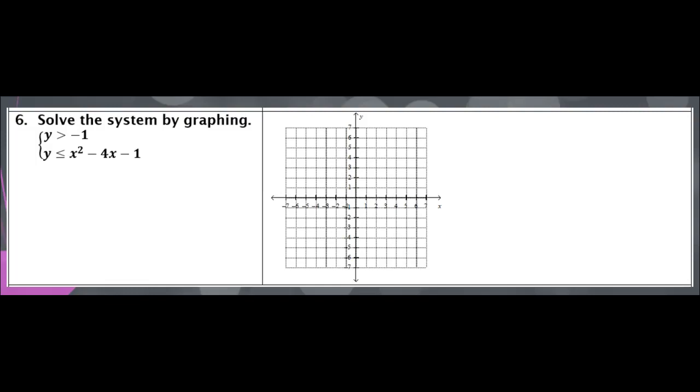I'm going to start with the easier of the two graphs first. And in my opinion, the easier of the two is this top inequality here. That's going to just be a horizontal line. I'm going to go down to -1 on the y-axis here, and then we're going to draw a line going